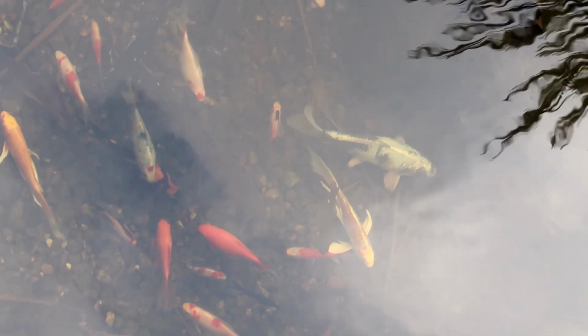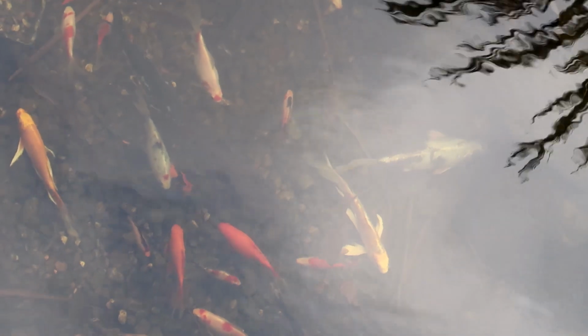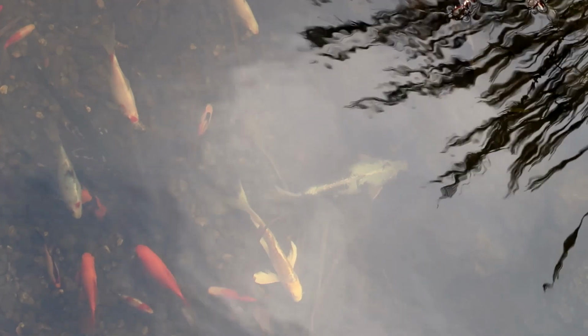The fish have gone into semi-hibernation. They keep close to the bottom of the pond when it's so cold. It's around 5 degrees today, which is not really cold, but...